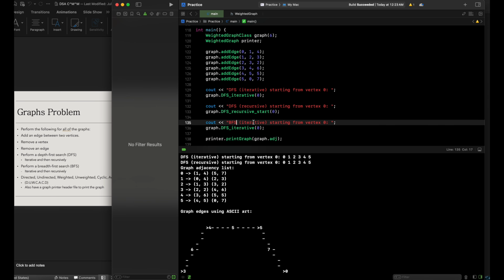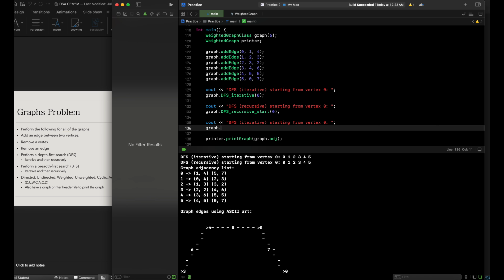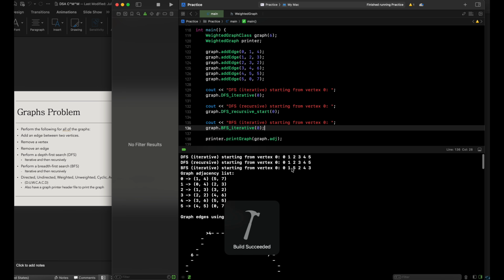So BFS iteratively starting from vertex 0, and instead of DFS iterative, I'm just going to go BFS iterative, and we're going to start at 0. I'm going to build this, make sure it's all good. Build succeeded. Perfect. I'm going to run this, and we get the following output that we have over here for